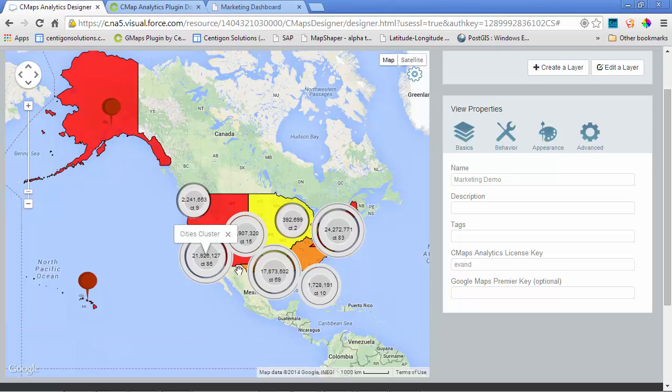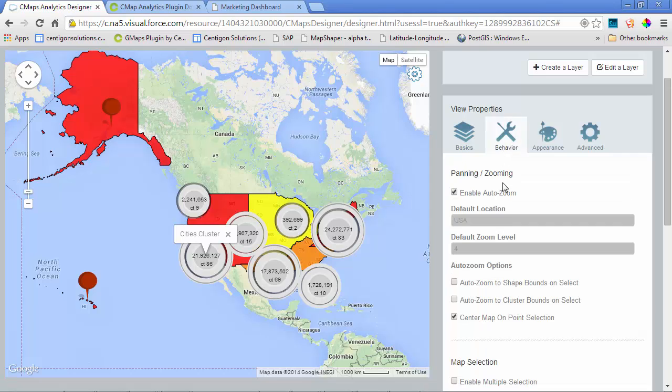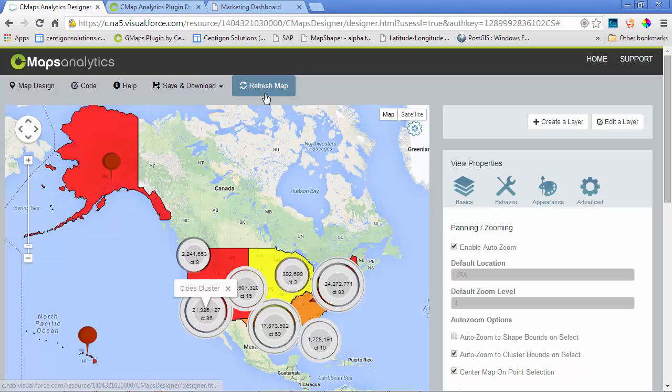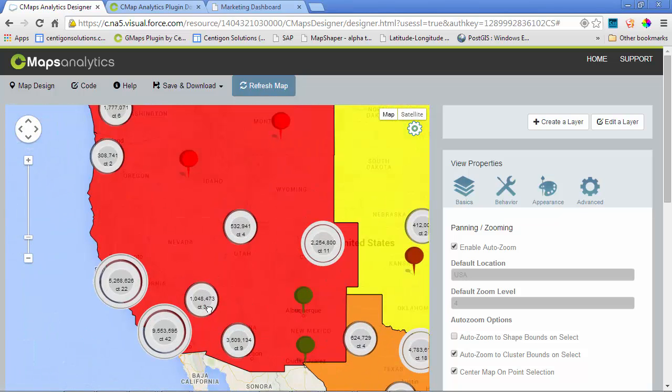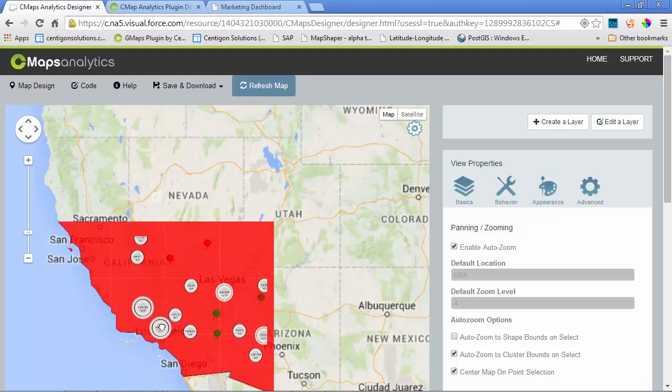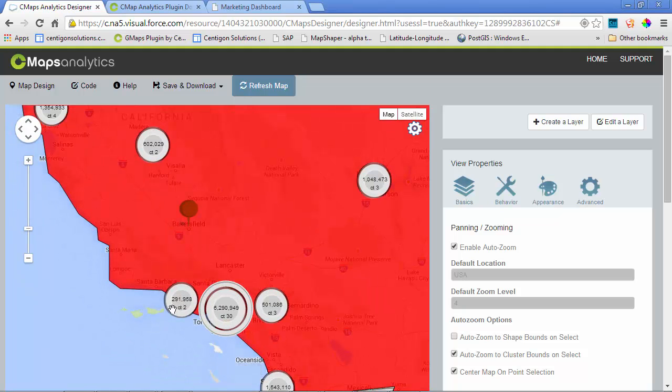So what if we wanted to make it so that when I click on this cluster, it actually drills, pans, and zooms in to all of those clustered locations? Well, on the Behavior tab, I can check a single box, and by refreshing, I've now changed the behavior of my map so that when I select a cluster, it's automatically going to zoom in to the bounds of all of those locations. So now as a business user, I have one of multiple ways that I could potentially drill